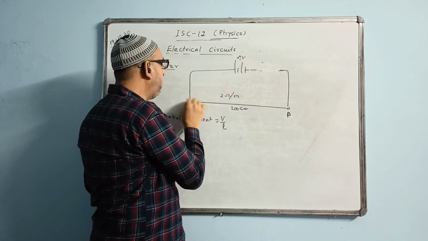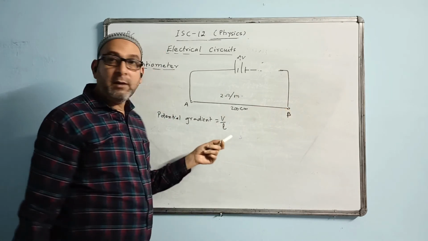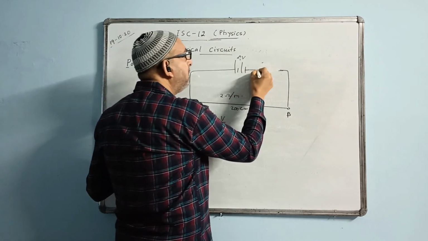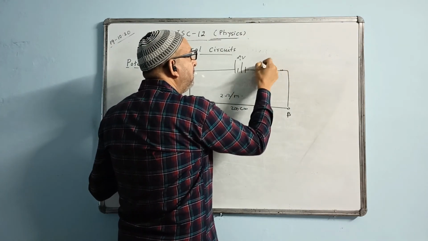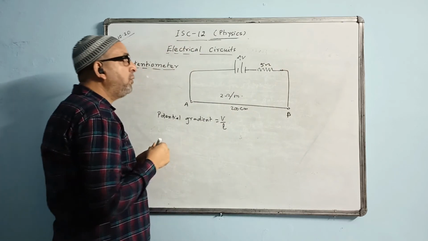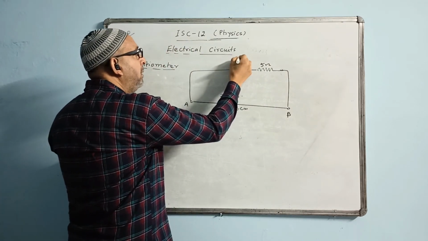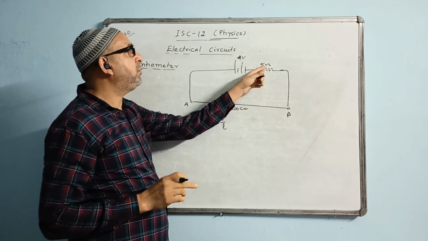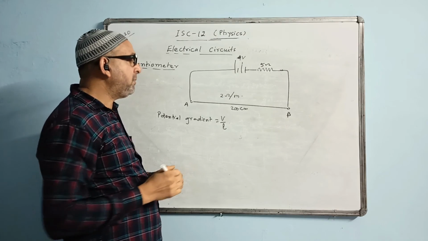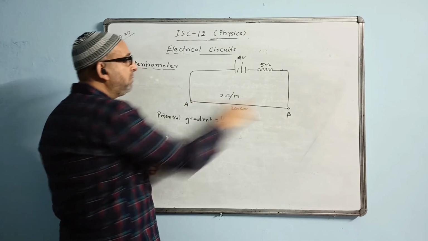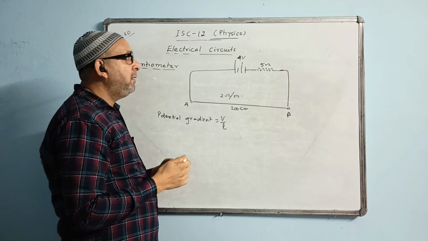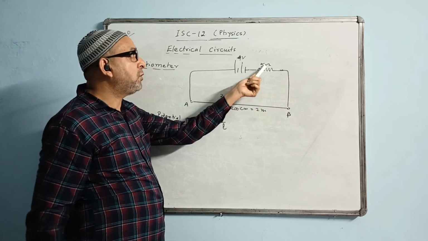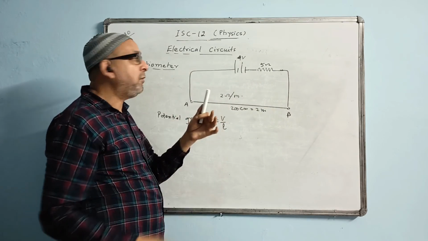If the 4 volt were applied directly across the wire, then the answer would come as I did previously. But if this 5 ohm is there, then 4 volt is applied not only across the wire but also across this. So you have to change this into length. How do we change it into length? Voltage upon the total length. This length we already know is 200 centimeter, which is the same as 2 meter. These ohms will also change into length. What is the value of its length now?